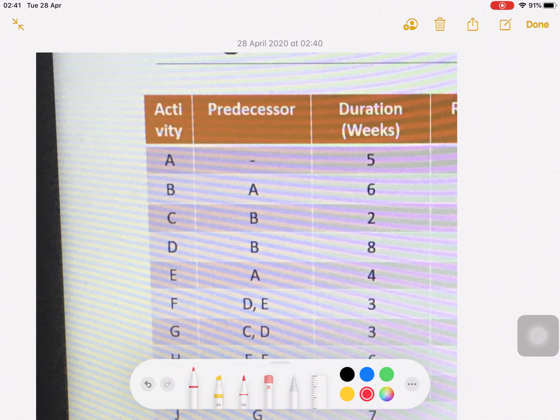Good evening. Today I am going to take a very important topic for project management: the critical path. I will tell you today how to draw the critical path if activities, predecessors and durations are given. So today I will tell you how to draw the network diagram